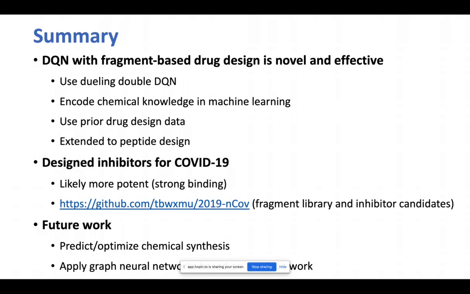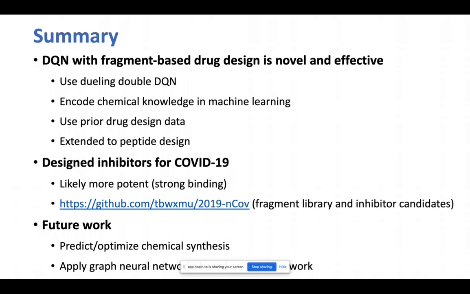We also extended this method to other designs. For example, we designed some peptides in addition to small molecules against various proteins. And our collaborators are testing those peptides as well. The idea is actually very similar, except peptide is easier to synthesize. Of course, the flip side is that peptide has less choice to search for the optimal combination. So the binding is not as strong as a small molecule.